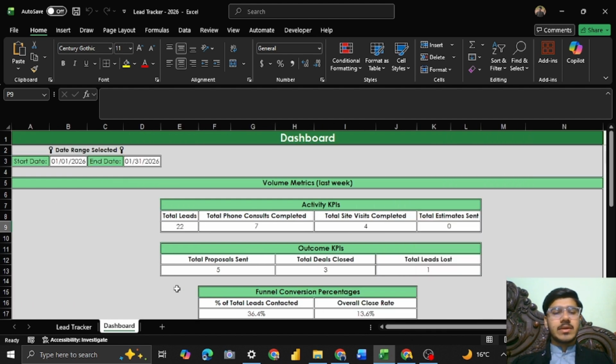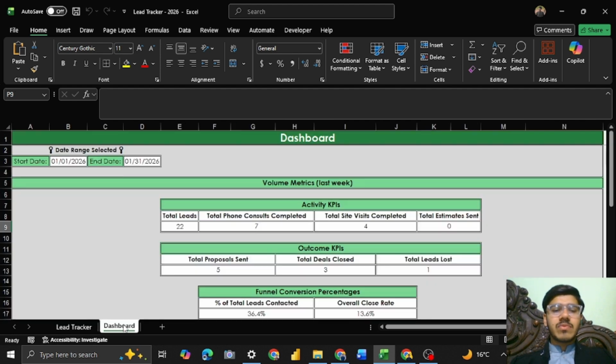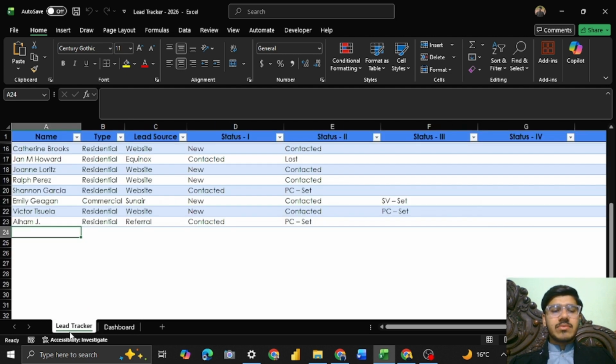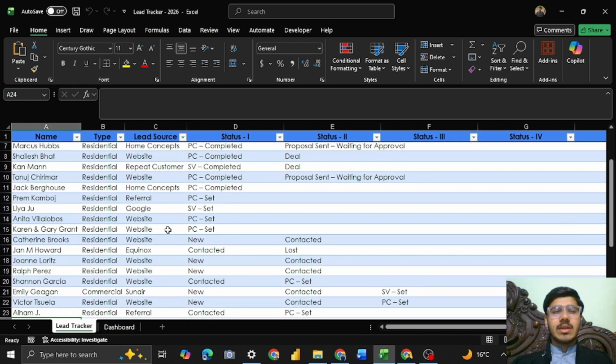When they come in with a new lead, they just enter their name, and the row comes up in that table, and the dashboard will automatically trace that and include it in these metrics as well. So if they have any more data coming in, the dashboard will be updated successfully. No need to bother with formulas each and every time,